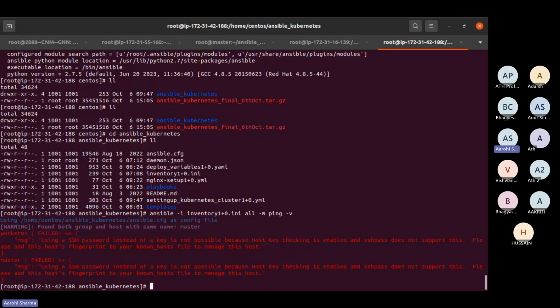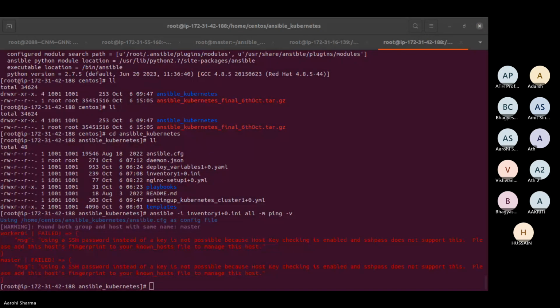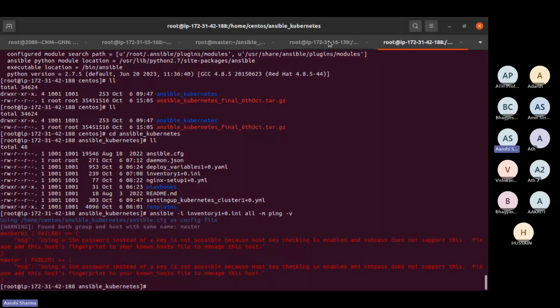The worker node has failed, right? So give me a moment. Just give me a minute, right? The worker node is not reachable.